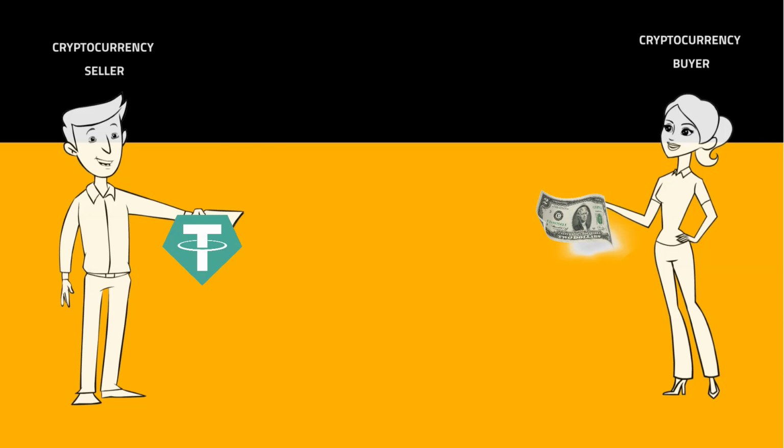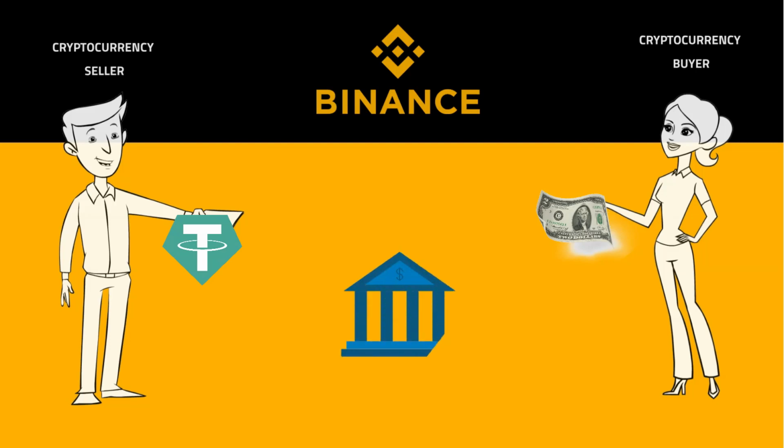And it is an extremely convenient method because the transaction can take place immediately and you will not have to face the issues of certain banks not being very crypto friendly and potentially refusing to accept deposits from crypto exchanges, things like that, because in the P2P method, you're using the Binance platform to send your cryptocurrencies to a potential buyer. However, the buyer has no interaction with Binance with regard to his or her transaction to you